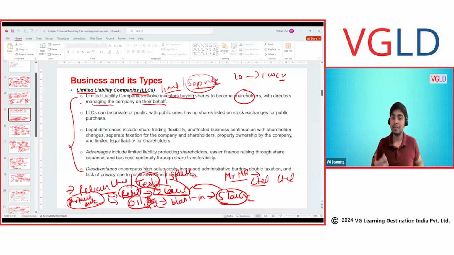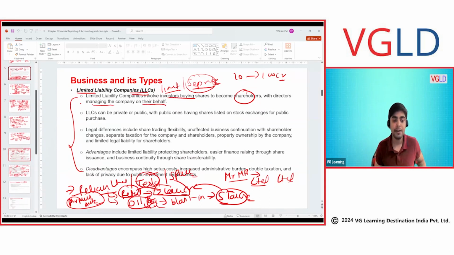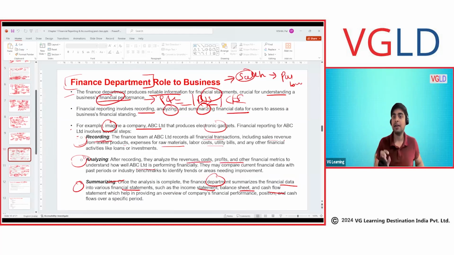In the limited liability company, we discussed that there is a separate legal entity and they have limited liability. This gives them the advantage, but it puts an onus on them to provide financial information, which would be provided by the financial department of the organization. And in the financial department, you and I mostly will be working as ACCAs, providing the financial information to stakeholders, the users of financial statements.